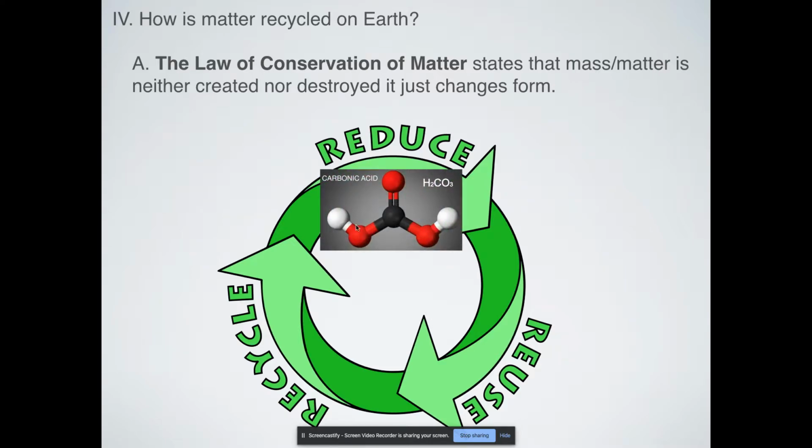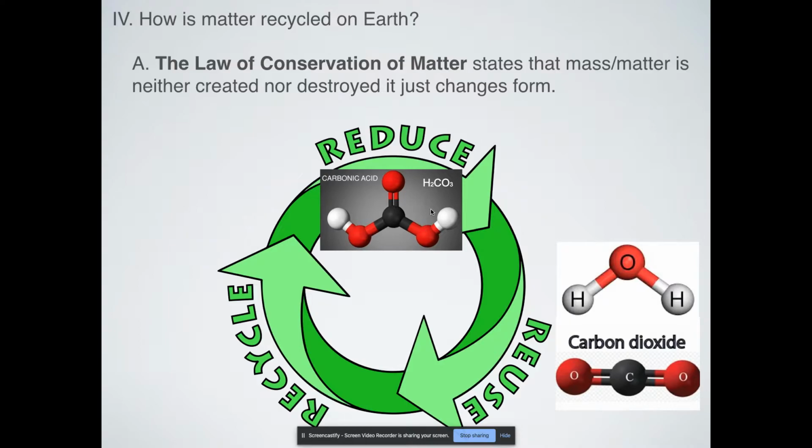So, for example, we have carbonic acid. Carbonic acid can be found in a lot of things. It can be found in soft drinks, in acid rain, and in the ocean, because carbon dioxide, when it dissolves in water, makes carbonic acid. And that could be broken apart. I could break these little bonds apart into water and carbon dioxide. I'm totally able to do that.